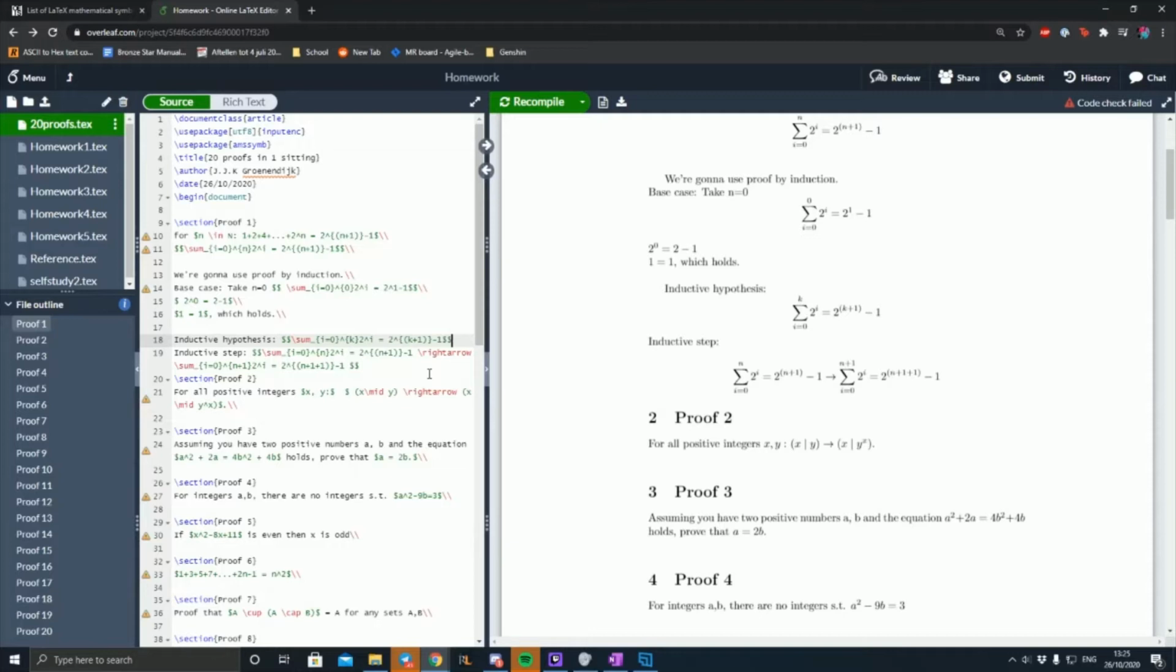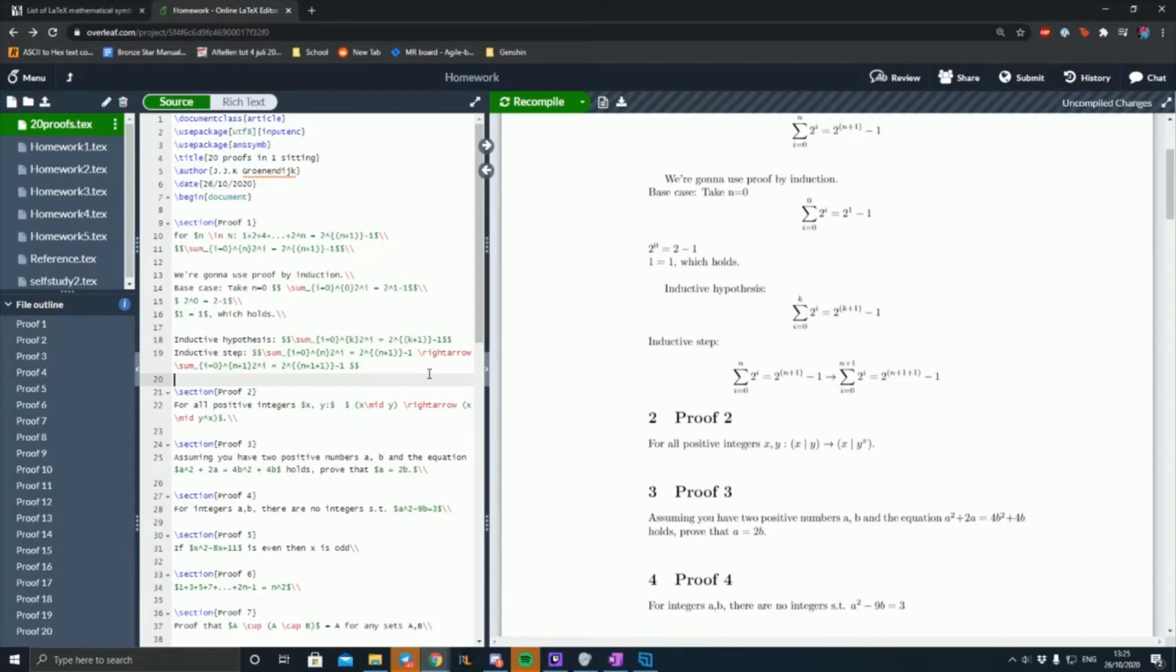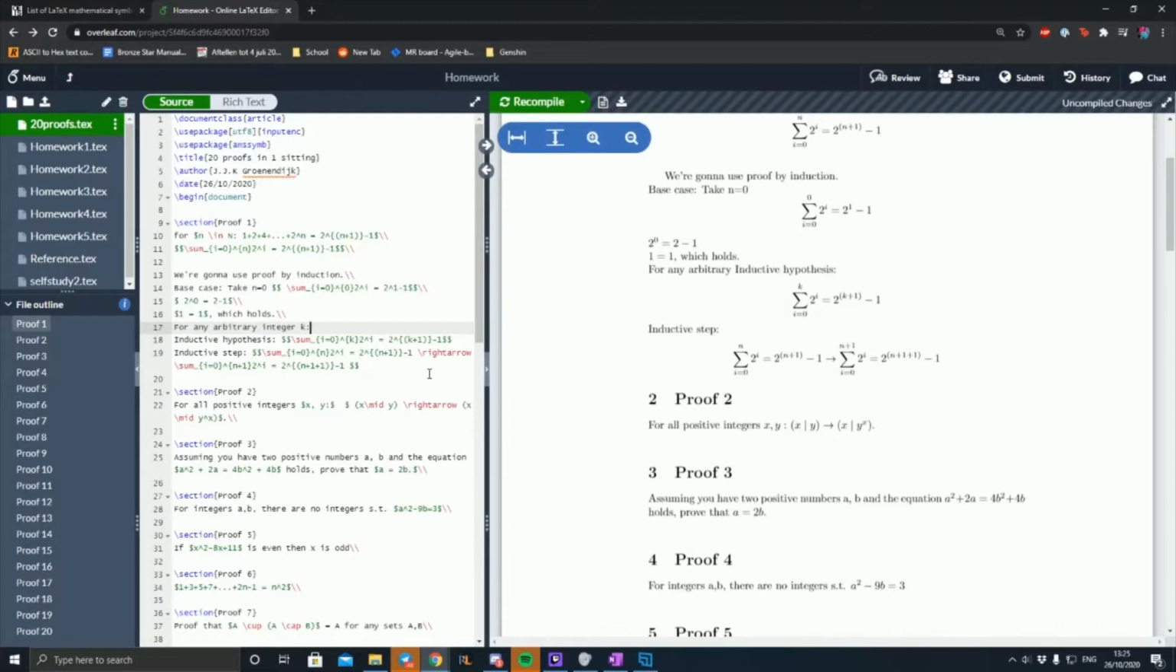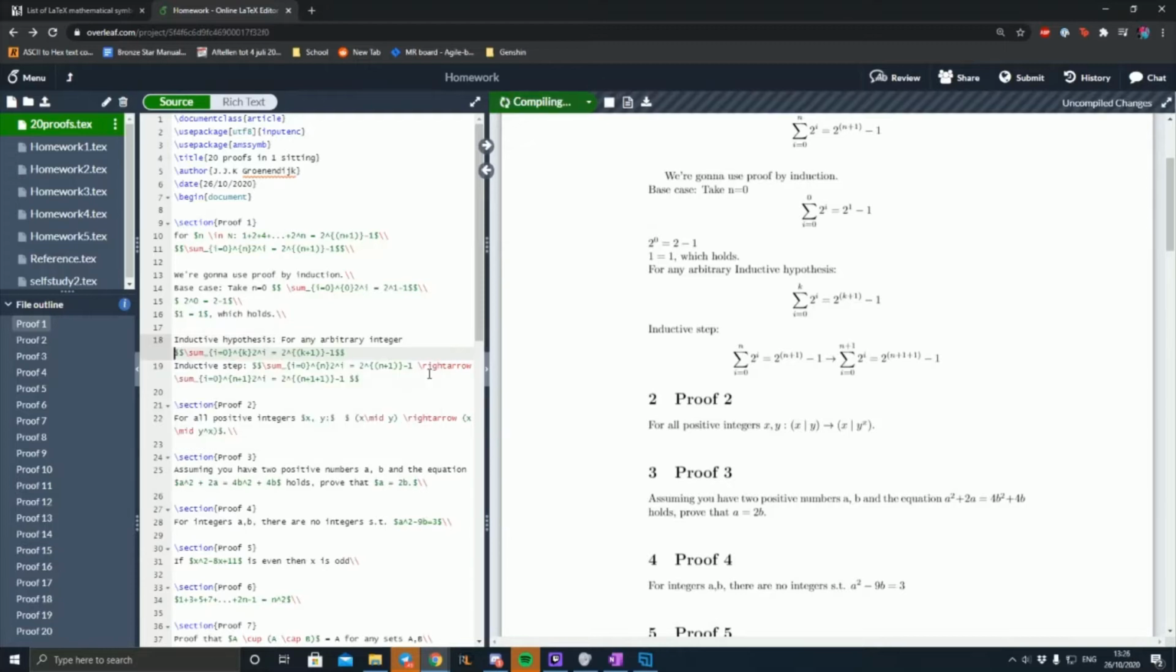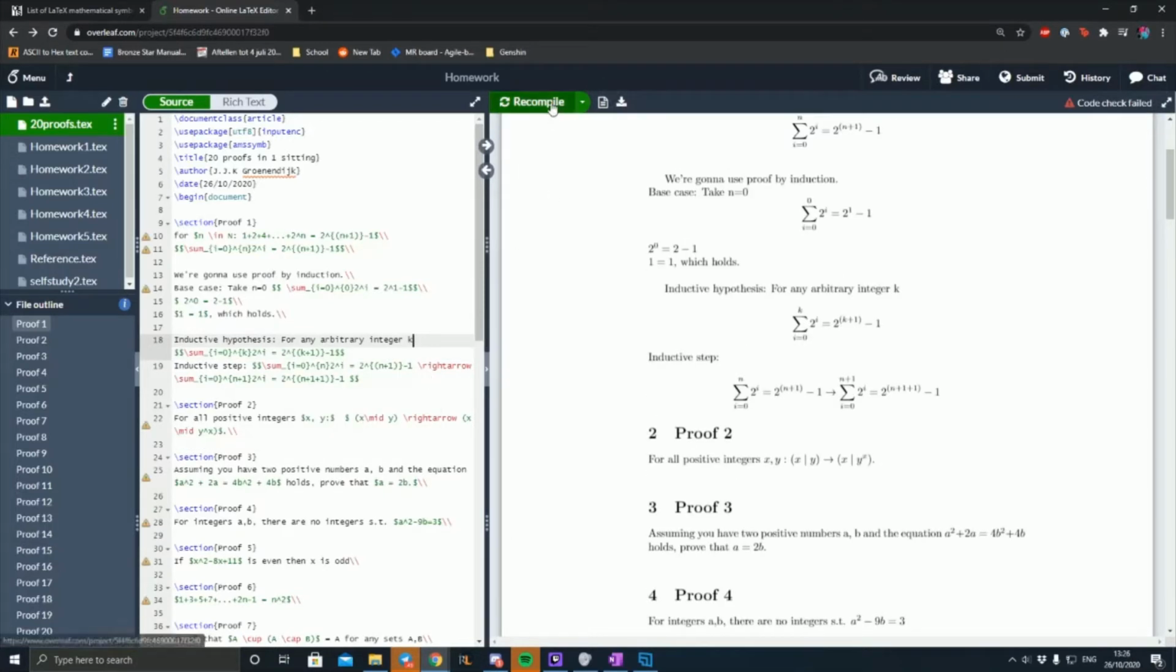Let's see. My mind's kind of blanking here. Because I think I'm making a mistake in the thing here. I just finished this one. You should say for the arbitrary integer k. Yeah, yeah. That's what you meant, of course. Like for any arbitrary integer k, and I should put that over. Okay, so